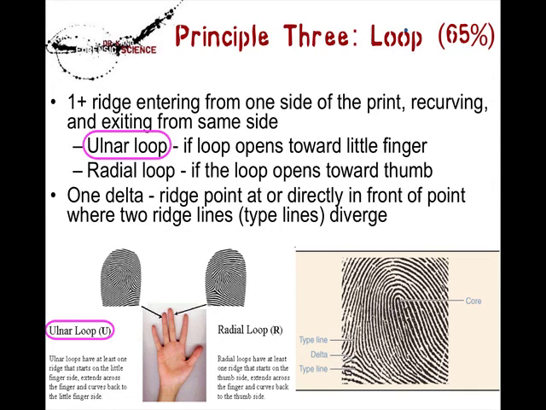The first we'll talk about is the loop. It's the most common. It consists of about 65% of all fingerprints. The main criterion is that at least one ridge enters from one side of the print, loops around, and exits on the same side. It's known as an ulnar loop if it comes in and exits towards the little finger, and it's known as a radial loop if it comes in and exits towards the thumb. Another characteristic to note is there's only one delta,